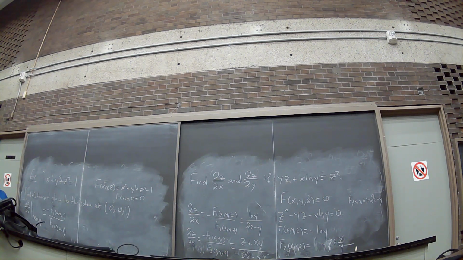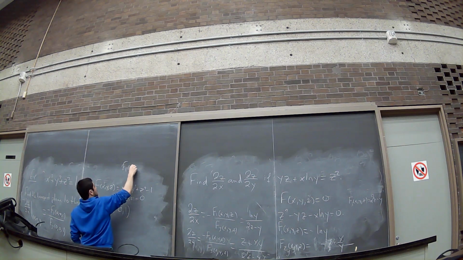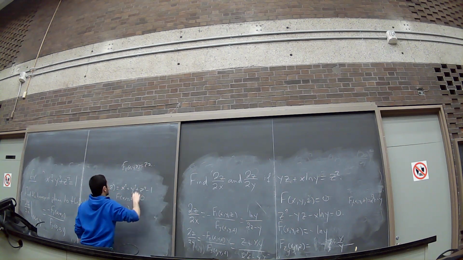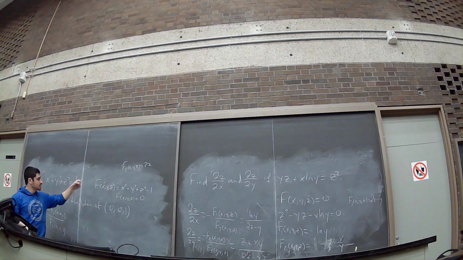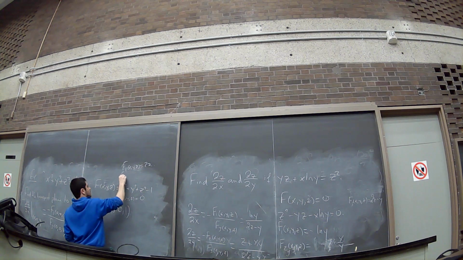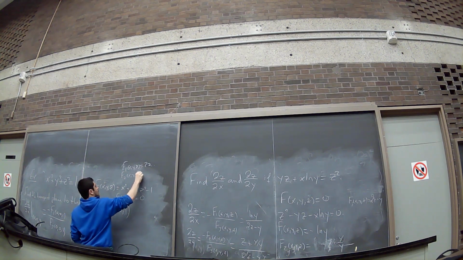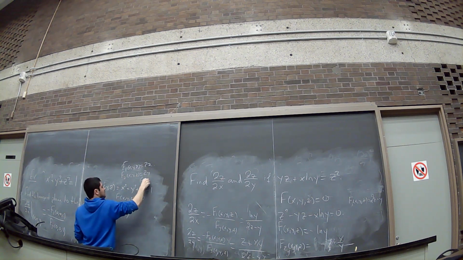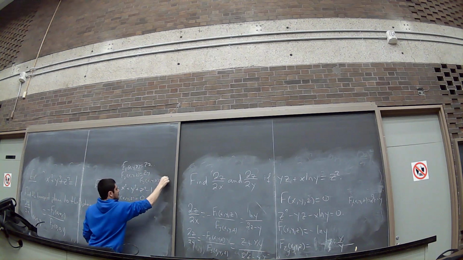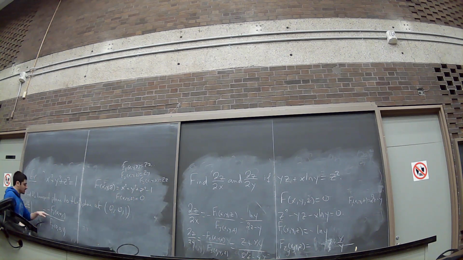What is f1 of xyz? 2x, right? f1 of xyz is equal to 2x, right? What is f2 of xyz? 2y. What is f3 of xyz? 2z. So, minus f1 at 0, 0, 1, what is this? 0. And f3 at 0, 0, 1, what is that? 2. So it's 0 over 2,